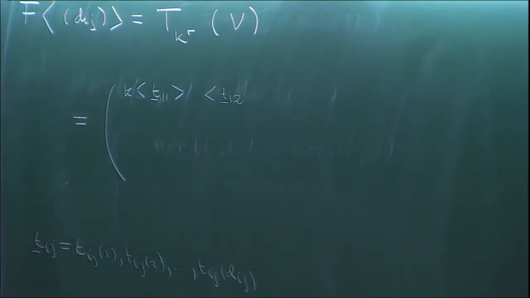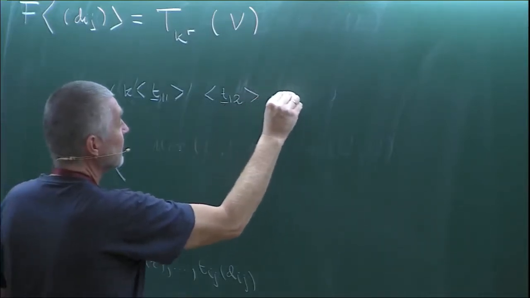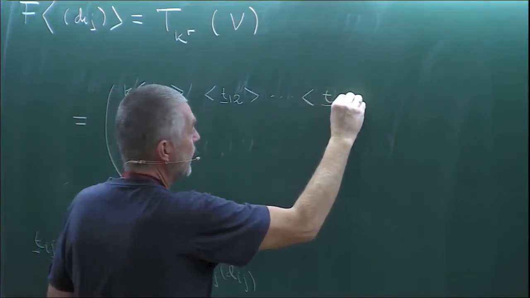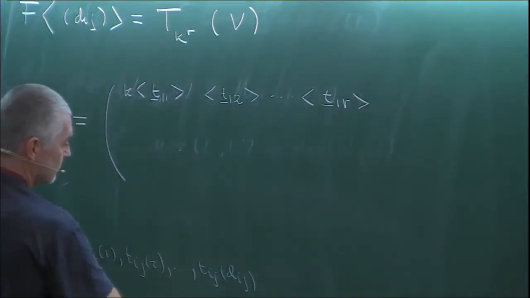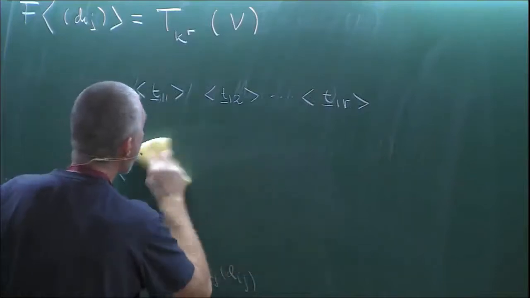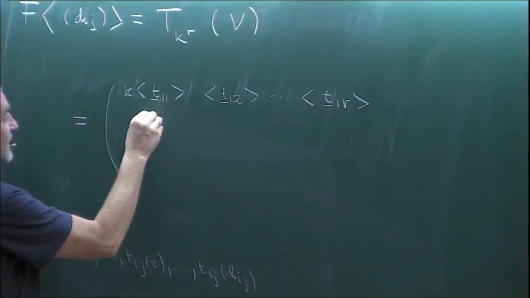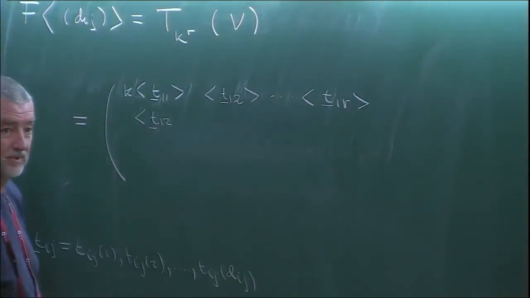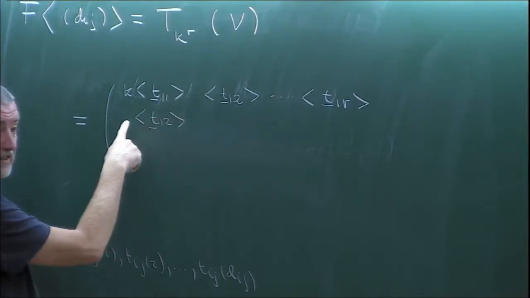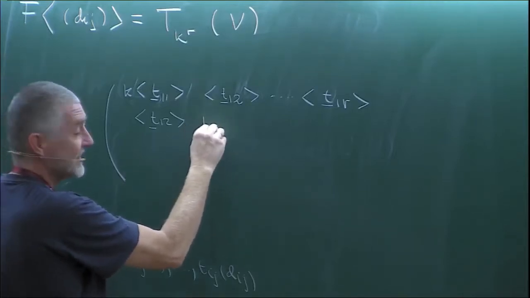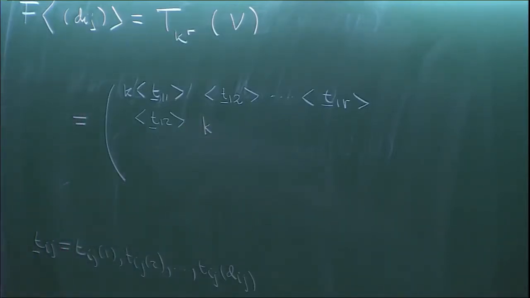Again, there is d12 of them. And so on to the last one, which is T bar 1r. Down here, I get T12 bar, no k. This is just a vector space generated by this. But on the diagonal, I get a k all the time,